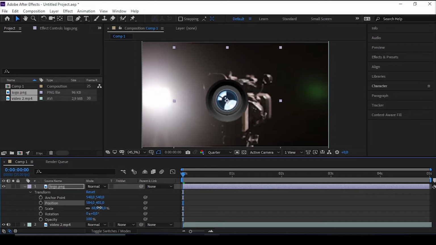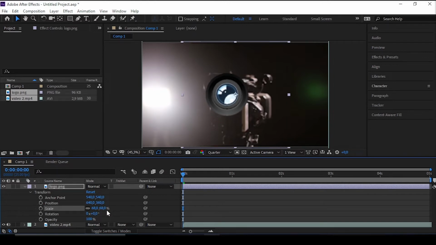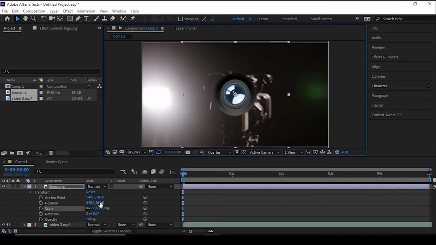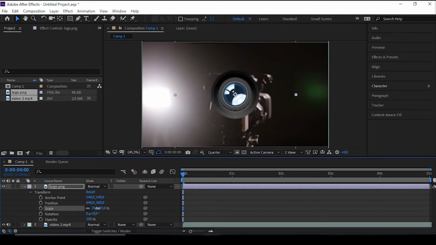For example, position can be either changed from here, or if we move the layer with our mouse, or even if we type the exact values. We've already seen scale, and then there is rotation and opacity. Anchor doesn't really matter for this video, so we'll see it in another video.